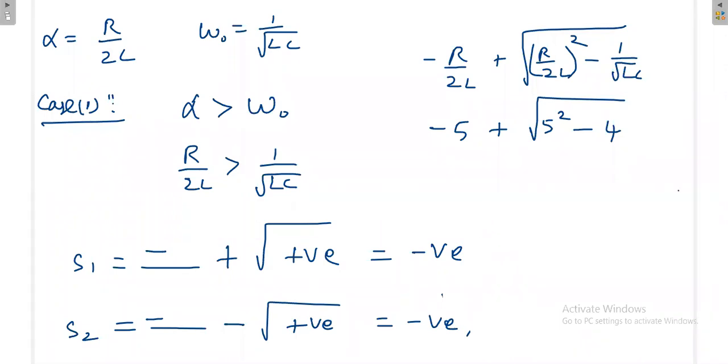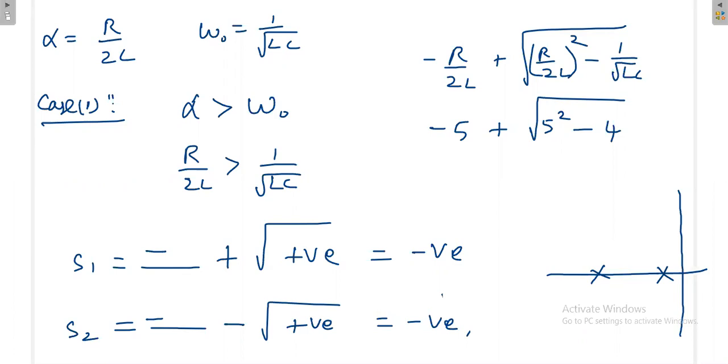So in the graph I can put the roots like this. The roots will be real, but negative. If it is a complex number it will come somewhere else, but if it is a real number, then it will come on the x-axis. When you have an xy graph, a complex number consists of both x and y; a real number, only x. So the root values are negative, but they are not equal.